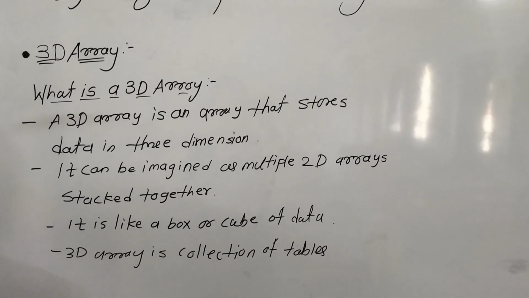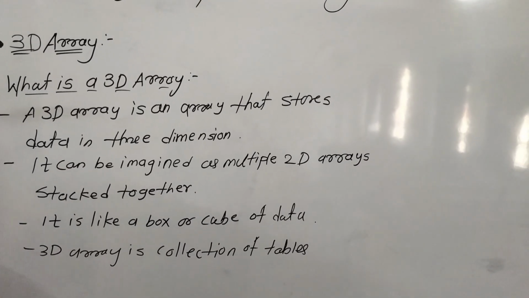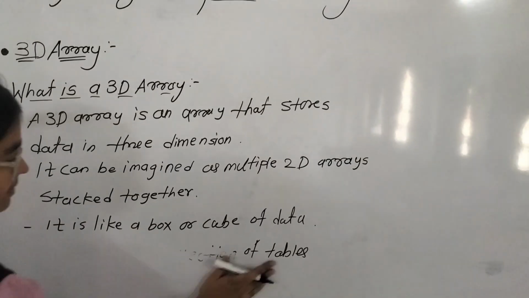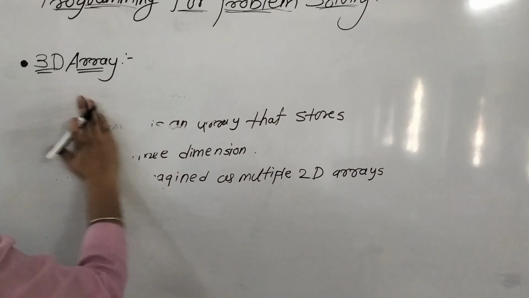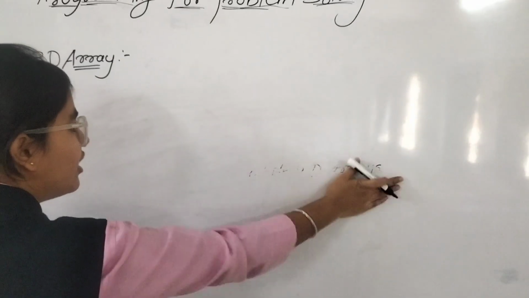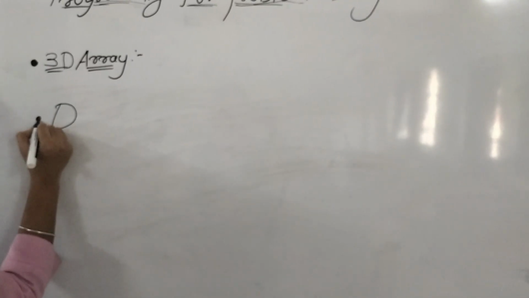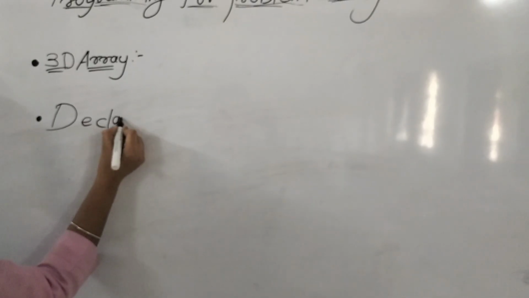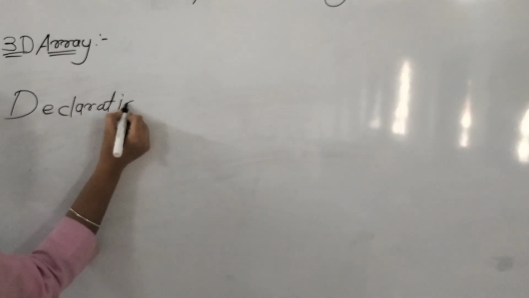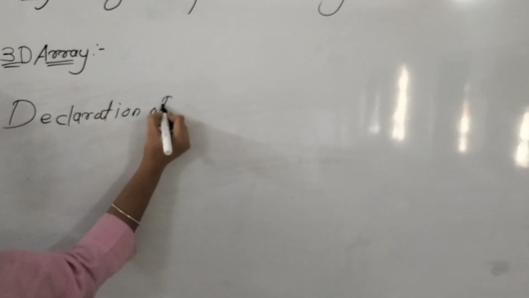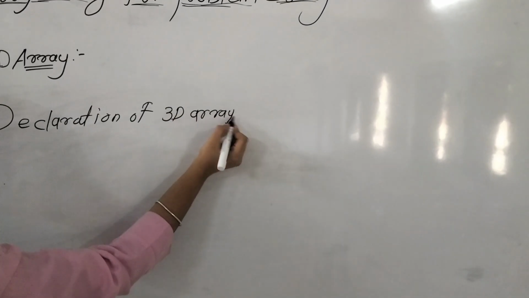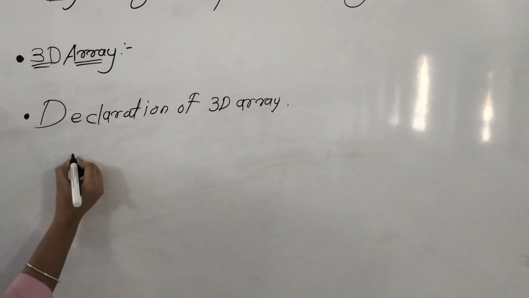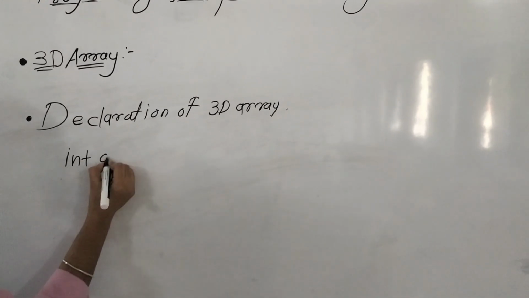So now we see the declaration of a 3D array. So let's see. What is the declaration of a 3D array? Declaration of a 3D array. So the declaration of a 3D array is like int array